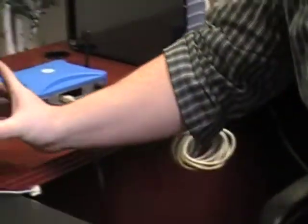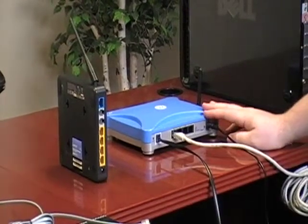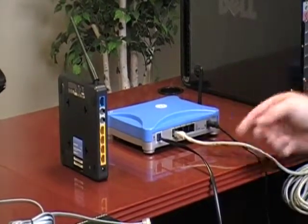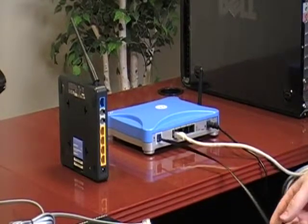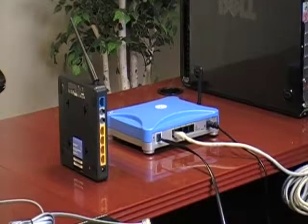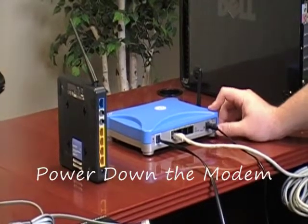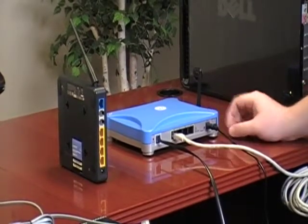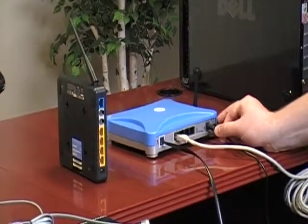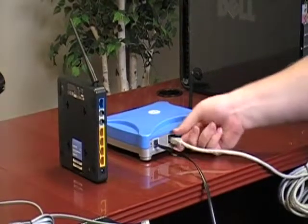You will need to find the modem in the house, like we previously did, and it will either be a cable or a DSL modem. If it is DSL, you will see the analog phone line. If it is cable, you will see the circular coaxial cable. What you need to do first is power down the modem, either doing that by turning off the modem if there is an on and off switch, or simply by unplugging the modem. At that point,